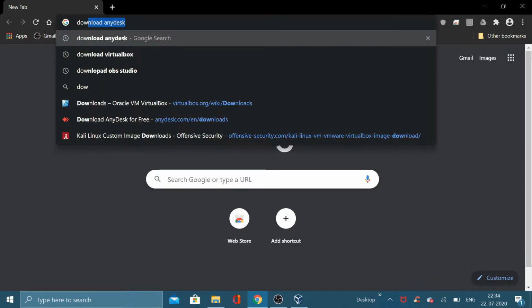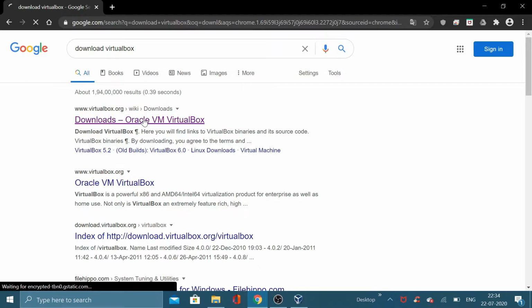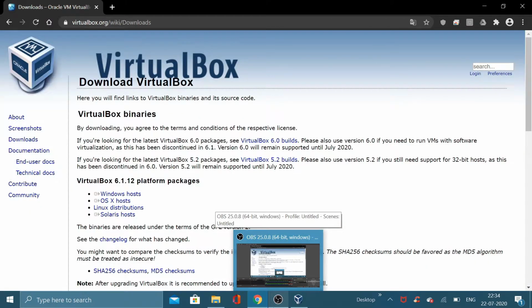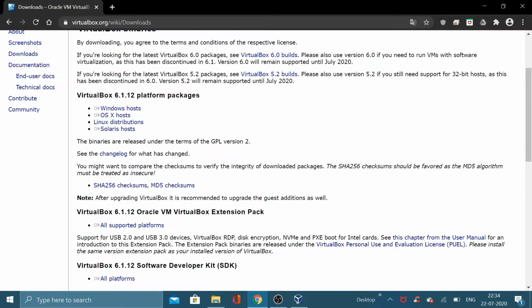Now I again go inside my VirtualBox website, because one more thing you have to do as soon as you install VirtualBox is to download and install this extension pack. This will give you better compatibility and it will allow us to use USB devices on the virtual machines. So we are able to use a USB mouse, USB keyboard and USB wireless adapters.